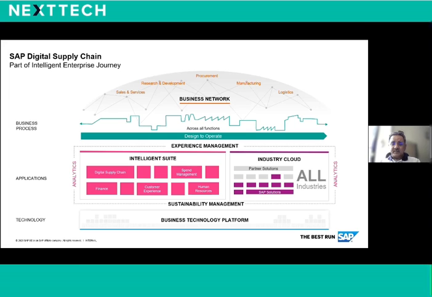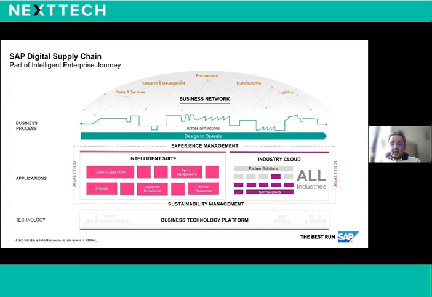As far as SAP is concerned, I'm not sure people have seen this. We call it a hamburger approach in terms of our strategy. On the pink, yes, we are known for an intelligent suite and an ERP, but SAP goes beyond the ERP. We have 27 industries integrated as a part of our ERP, and line of business solutions, including supply chain, integrated as a part of ERP.